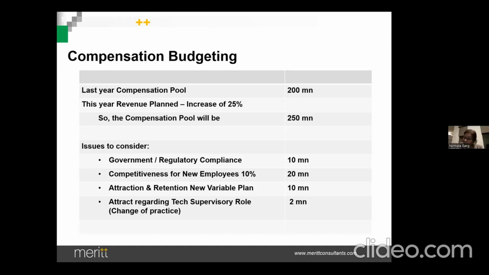That means going by the past data, what is my compensation cost, and then adding a certain percentage, looking at what is the percentage of revenue you are looking at. Okay, that's one. Then there's another one. Say, for example, it's a startup or a new company. How do you build a budget then? Typically, we look at one more